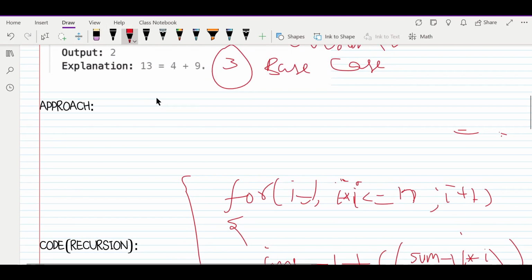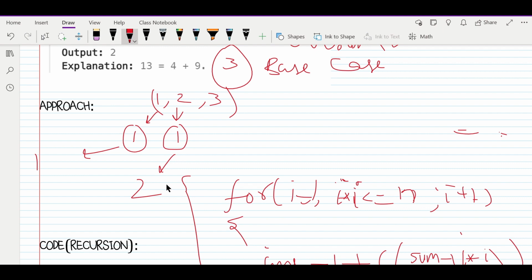Base case would be, you can also go by when sum becomes zero, you have found a combination, you can say that, but what we'll do is we'll do smart work. What smart work will we do? We know about perfect square numbers. Suppose your original input number is 1 2 3. For 1, how many perfect square numbers can you sum to make 1? Only 1, which is 1. For 2, how many perfect squares will be required, which is only 2, because there is no perfect square smaller than 2. For 3, how many numbers will be required, only 1 which is 3 only, because